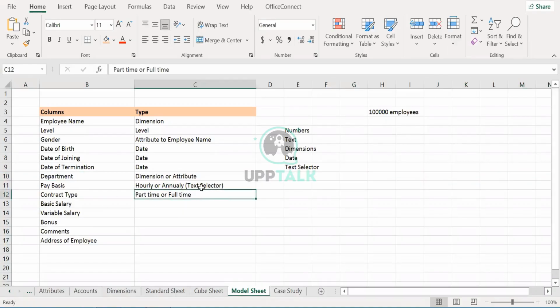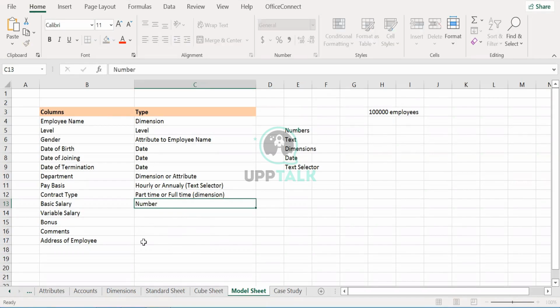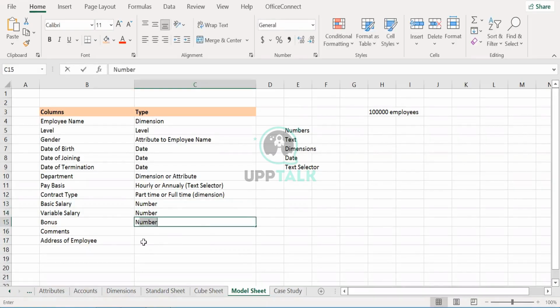Then contract type. I can create this as a dimension again because they want to understand how many full-time people there are, how many part-time people there are, and how much money they are spending on full-time workers and how much on part-time workers. Basic salary is a number you enter.